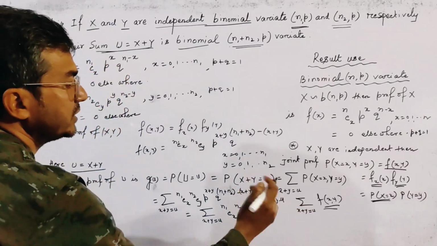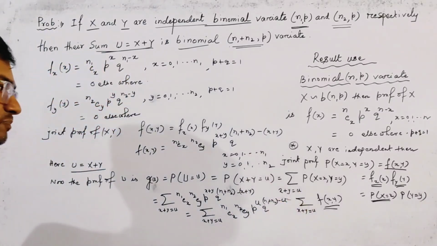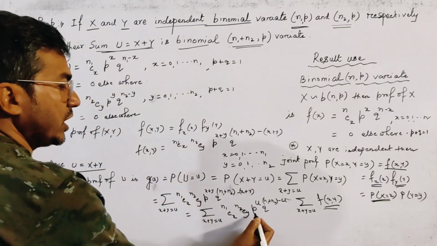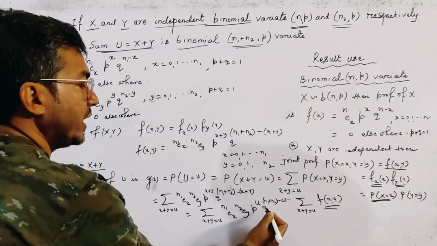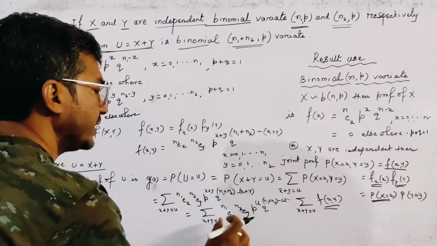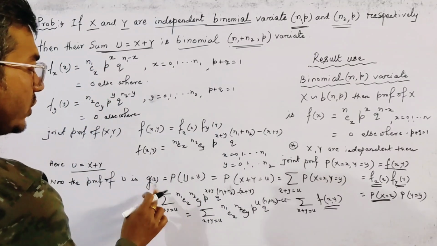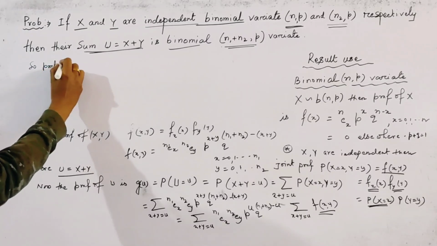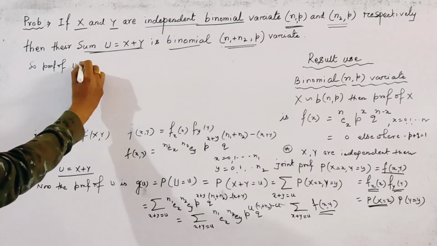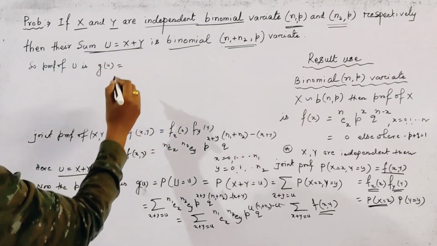Okay, we get this result. This is minus u. Clear? Now these two terms, p to the power u and q to the power n1 plus n2 minus u, are independent of x and y. So we write g(u), the PMF of u, which is given by, we write this result here,